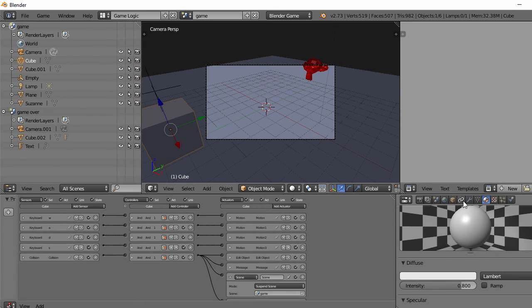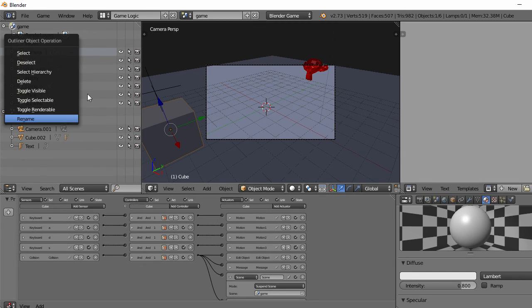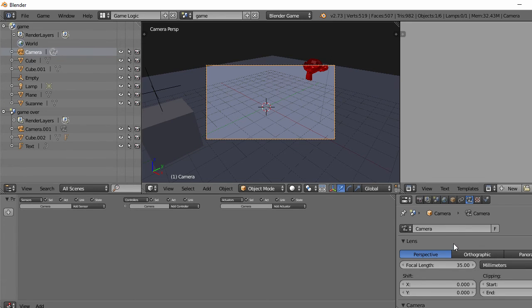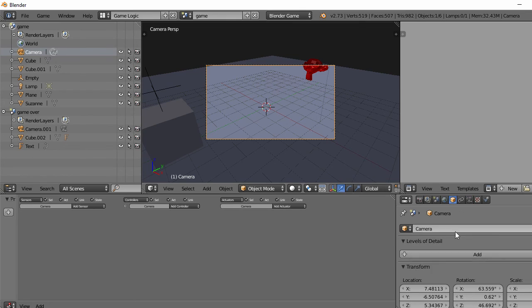But yeah, so let's readjust this camera. This camera angle is terrible. Okay. But we're pretty much done here. Just got to readjust the camera, and I don't know why it's turning out white, but on the other game scene, I'll have to figure that out in a second. But okay, we got the camera